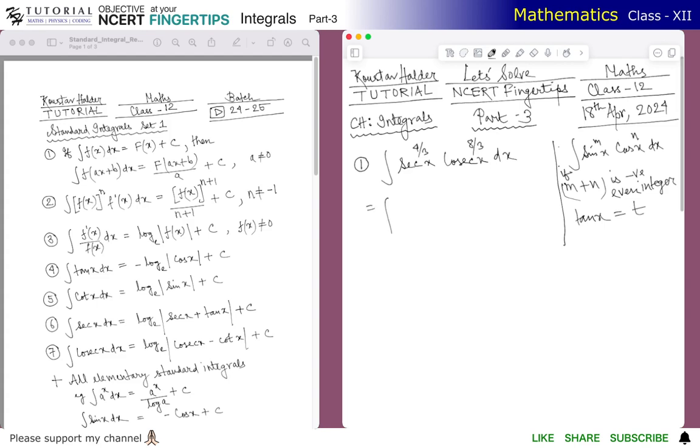So basically, if we translate this into sin x and cos x, this becomes cos x to the power minus 4 by 3 and sin x to the power minus 8 by 3. And if we add over here, n is minus 4 by 3 and m is minus 8 by 3. If we add minus 4 by 3 and minus 8 by 3, we get minus 4, which is an even negative integer. So we substitute tan x equals t. This implies sec square x dx equals dt, and then the integral becomes